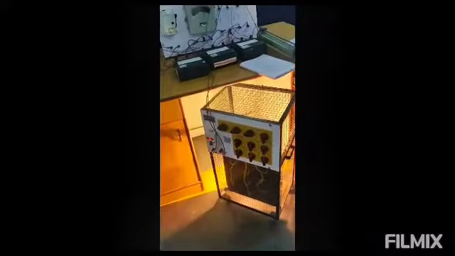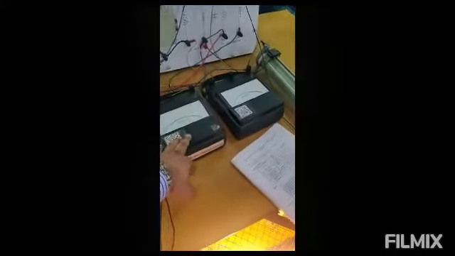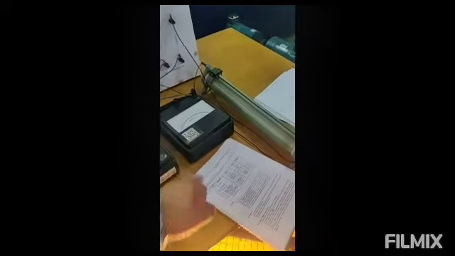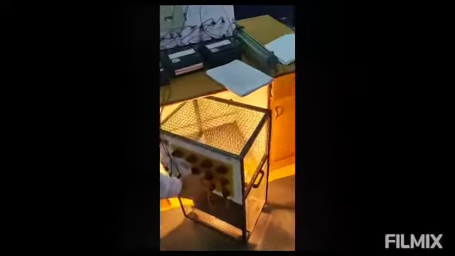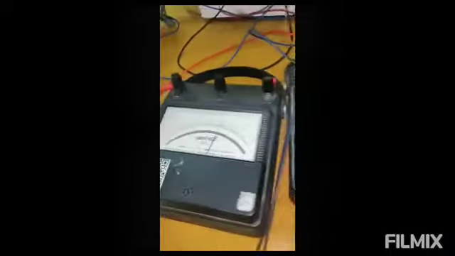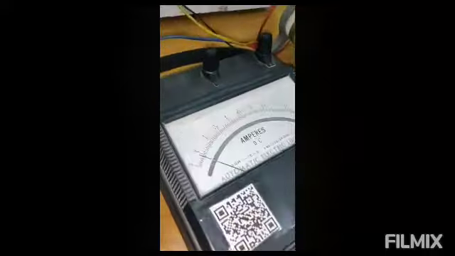Now for further readings, you can switch on all these buttons and increase the load. You will find that the value of VL will decrease, the value of IL will increase, and the value of IF will be the same. Now we are increasing the load. You can see the value of VL has decreased, the value of IL has increased, and the value of IF is the same.